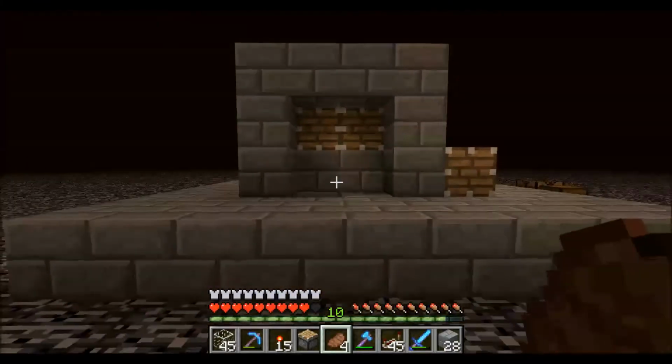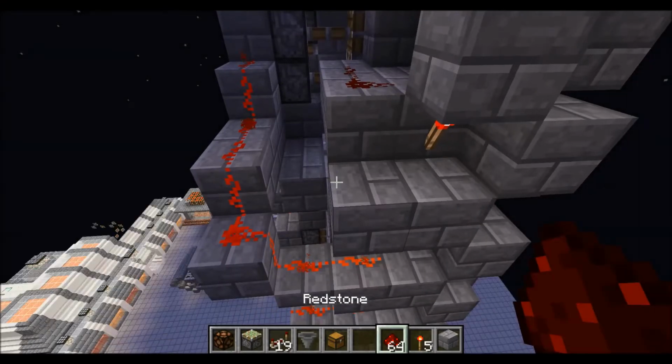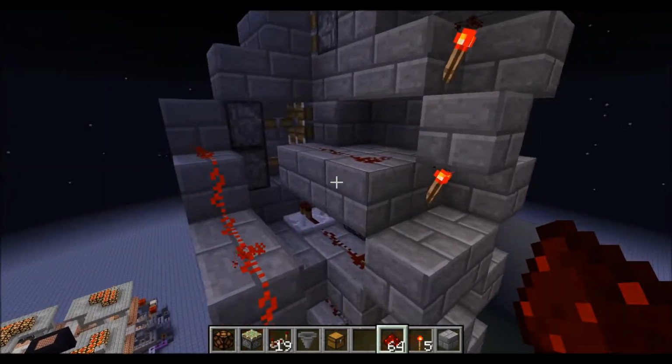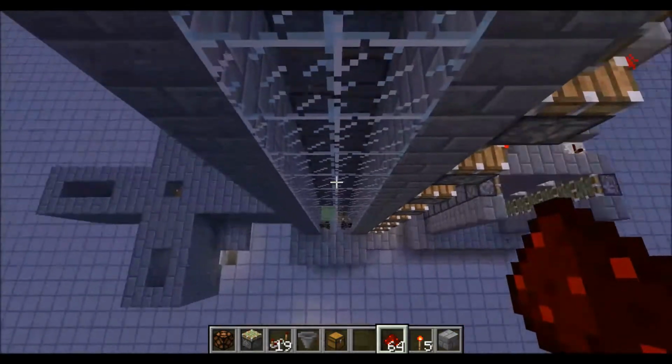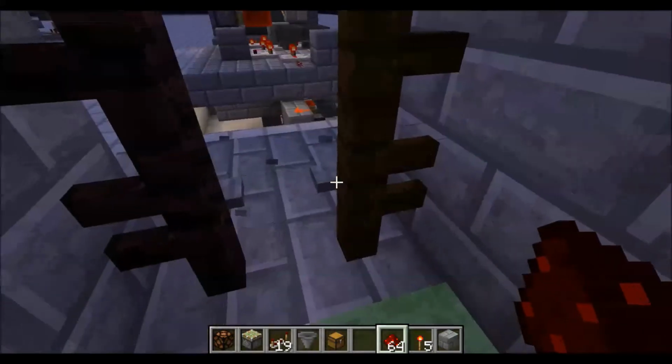But tell you what I'll do is I'll just log out. Go to my creative world. There we go, let the world load in. Because I was just checking this out. As you can see, I made it a lot higher than it actually was because I didn't realise the height difference. But if I push the button here,